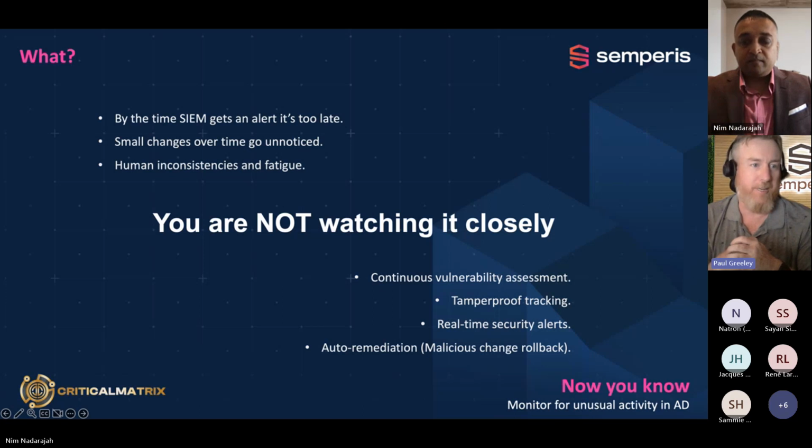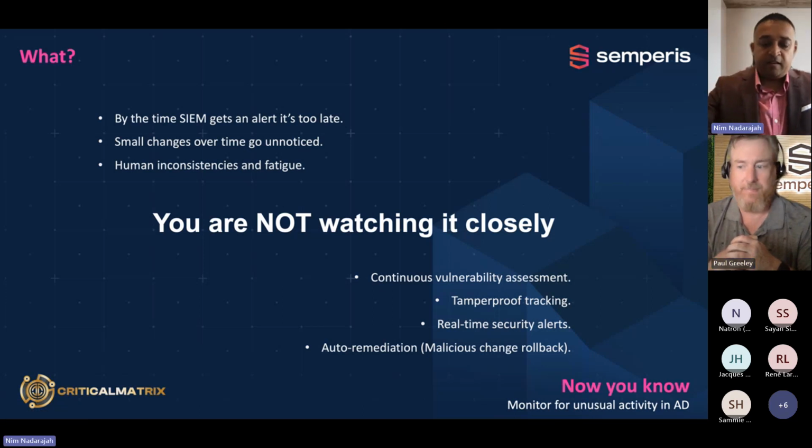That's the way I look at it. Absolutely, and this comes back to the thought question we've left everyone with right now: how have you planned for the disaster, and how are you planning on recovering your Active Directory? Because if you've never tested it and never tried it, how sure are you that you can recover it?